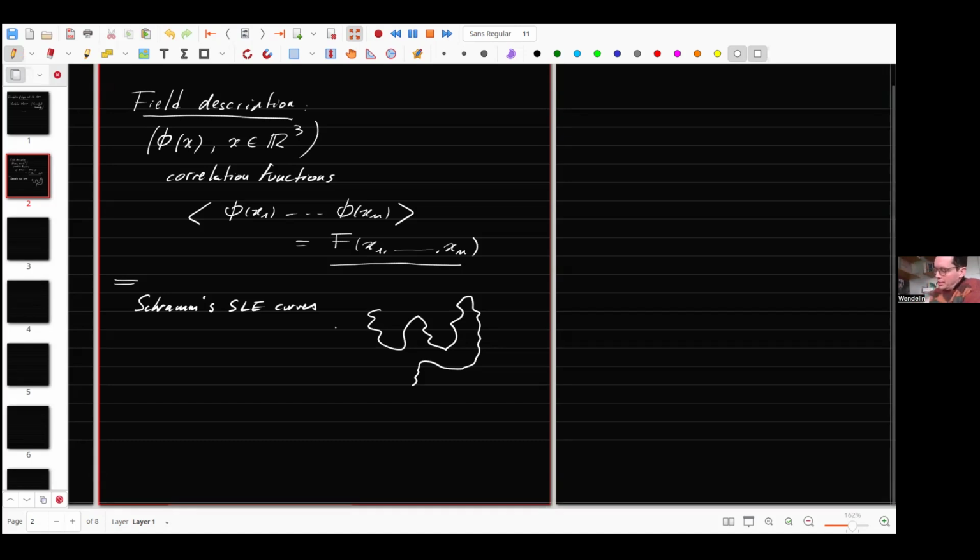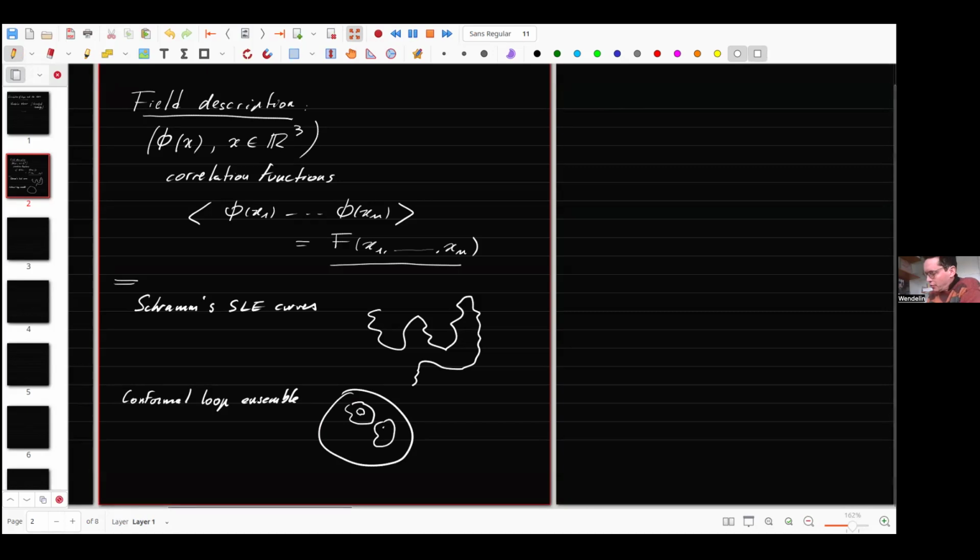So a cousin of these SLE curves are these things that we call conformal loop ensembles, which are not just one curve, but a whole structure. Basically, you're given a domain here, and then you have a whole fractal structure that you can define, with lots of nested fractal structures, and one of which you could view as, at the time, a candidate for the